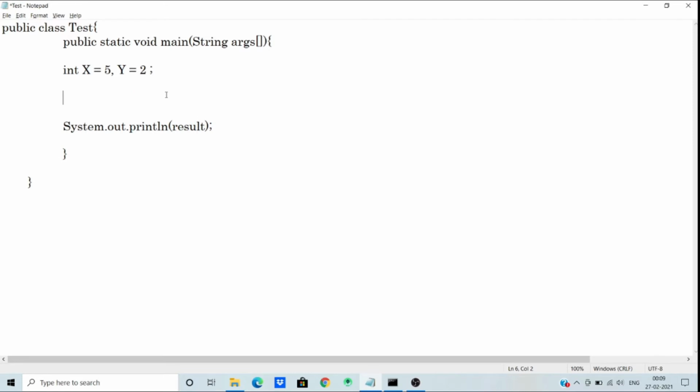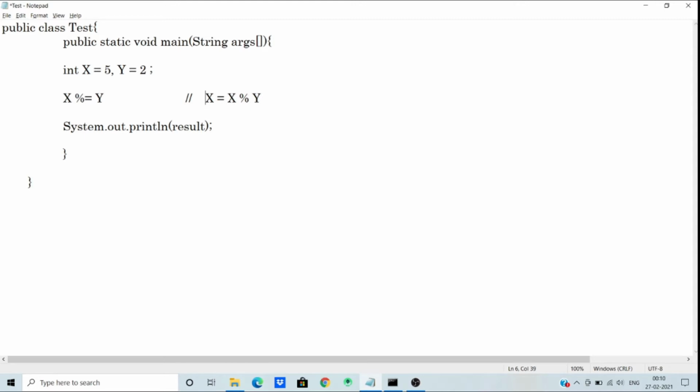We can reduce this expression by x modulus equal to y, which means x equal to x modulus y. So we need to comment this line.